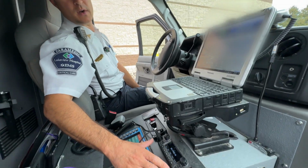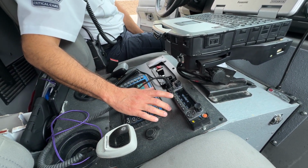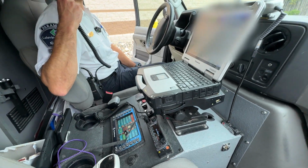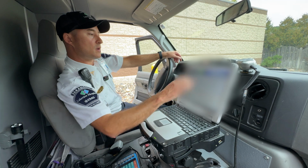And then we have radios that we can communicate to Washington County or St. Croix County if we need more information from dispatch of those counties. Also, we talk to our dispatch through our own radios, and then we also have a CAD system where the